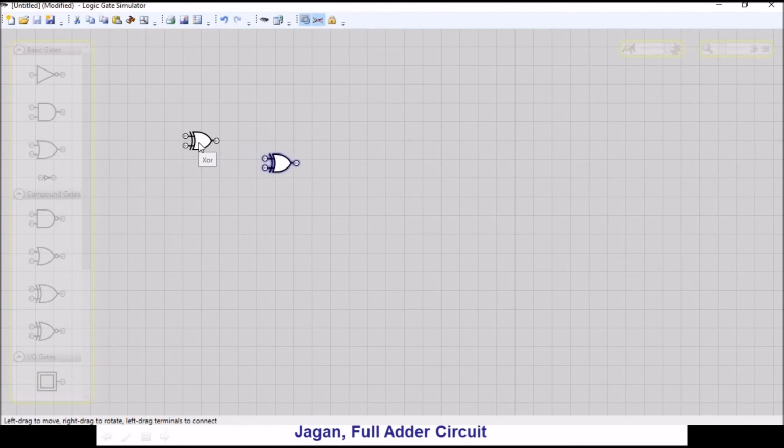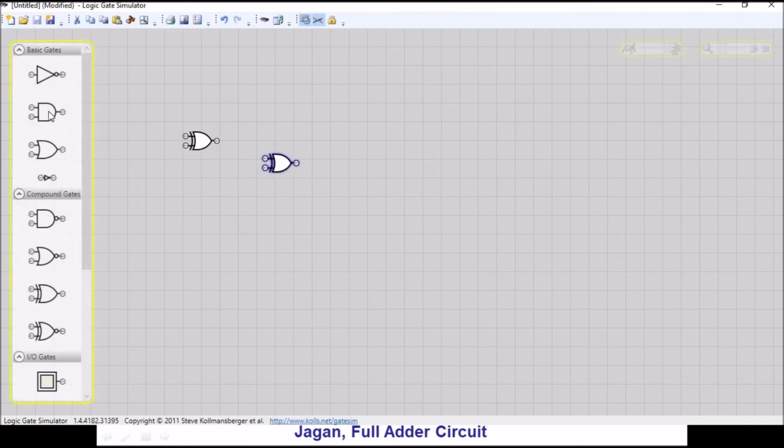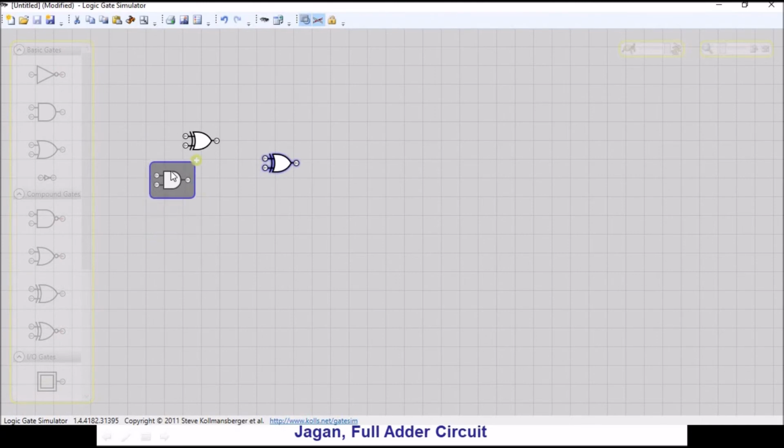One for the first half adder, and I will copy and paste again. I am going to take this as the first half adder and this as the second half adder,